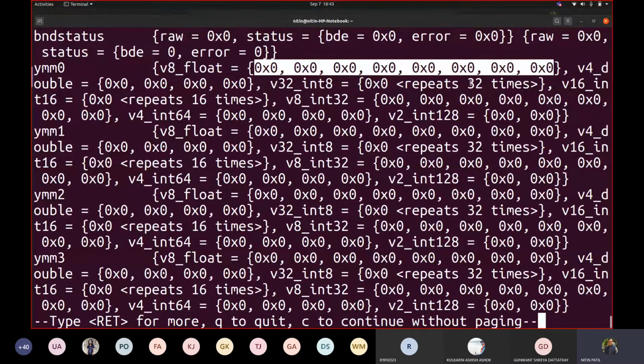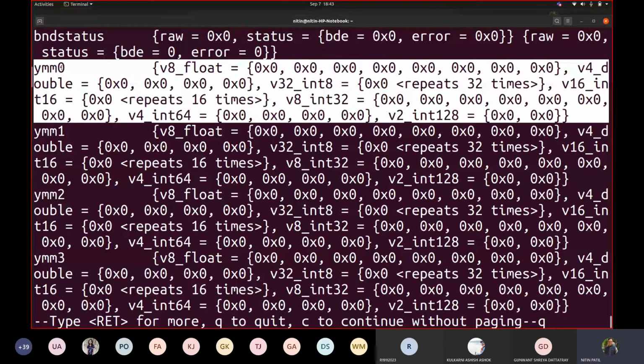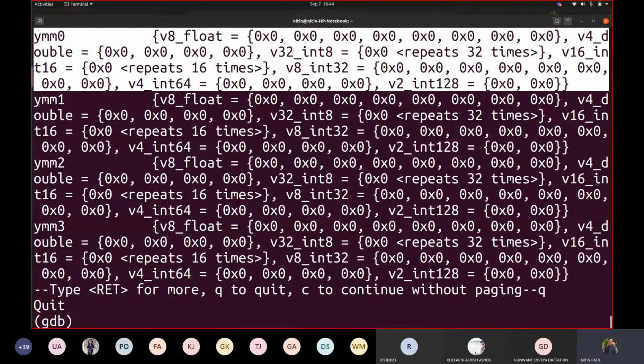This is what is called SIMD. The instructions in this course would be based on the pattern called SISD. There would be a single instruction operating on a single data element. There is nothing called an array. We will be talking about it in greater detail at a later stage. Now let us try to see how these instructions are implemented.